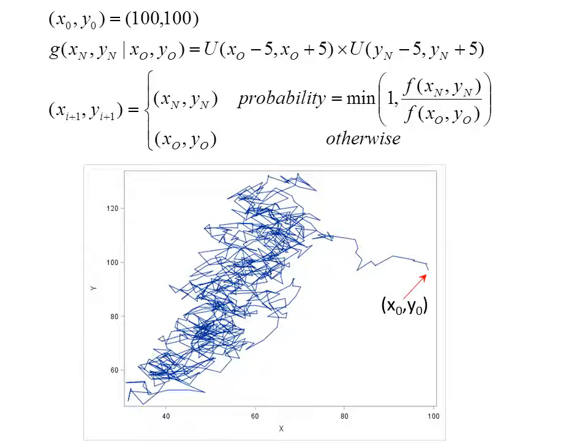If the new spot is more likely with respect to our target density, then we go to the proposed spot with probability 1. If the proposed spot is less likely than our current location, then we go there with probability in relation to how much less likely it is. So if it's 10 times less likely, then we go to the new spot with probability 0.1. This process continues until we're able to estimate whatever we're trying to estimate well enough to be satisfied with the